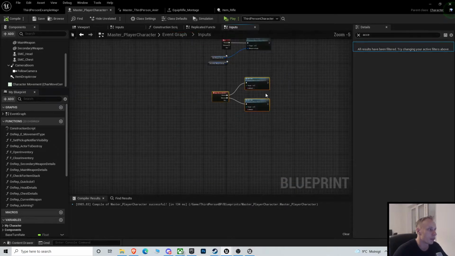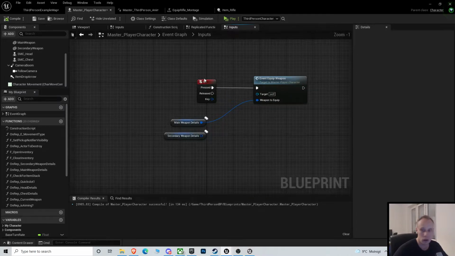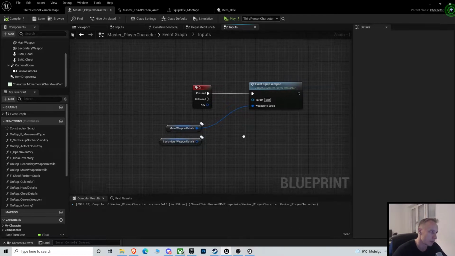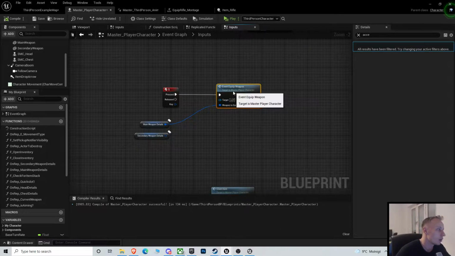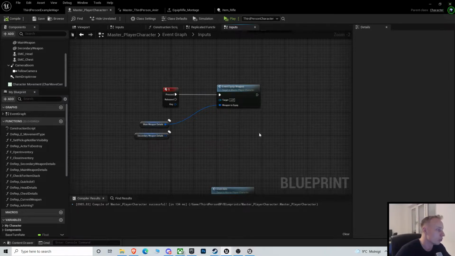So either you can do 1 and 2, like the buttons, so 1 for main weapon, 2 for secondary weapon, or you could do some kind of scrolling function. I'm just gonna do that. So I'm gonna do, when I press Q, I'm gonna select the first weapon,